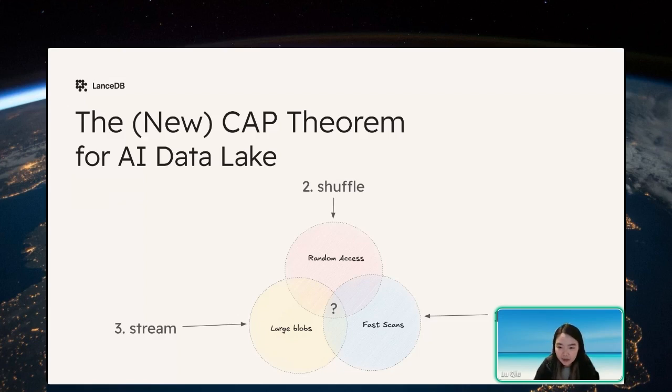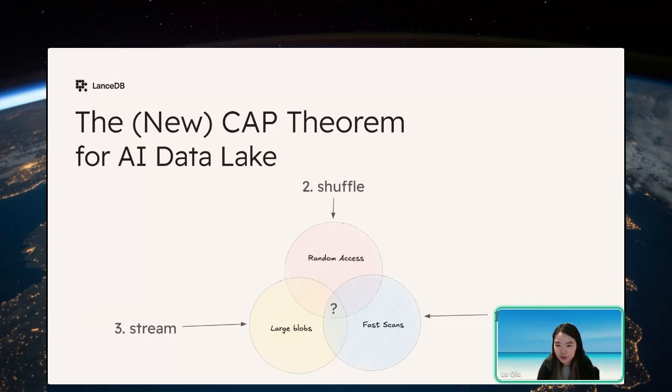Basically, we have three kinds of major needs. We need to be able to quickly get the information that we want. We want to quickly scan the data set, and filter and search on top of it to get the data that we want. And for training workloads especially, we need shuffling. We want to get the data in the order that we want. So random access is needed.